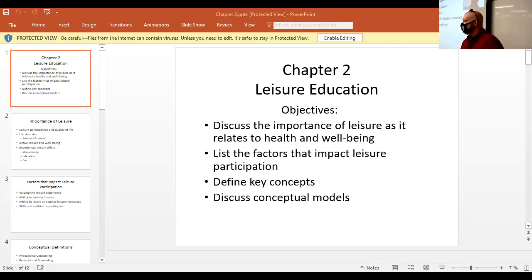We look for their strengths and try to go with those and stay away from things that are weaknesses, because if they're not effective and they're not able to do what we're asking them to do, are they going to leave feeling good about themselves? No. Is that how we want them to leave a recreation therapy session? No. We want them to feel better about themselves. We want them to feel fulfilled. So we want to make sure that they're set up for success, yet challenged adequately. That's kind of the key.